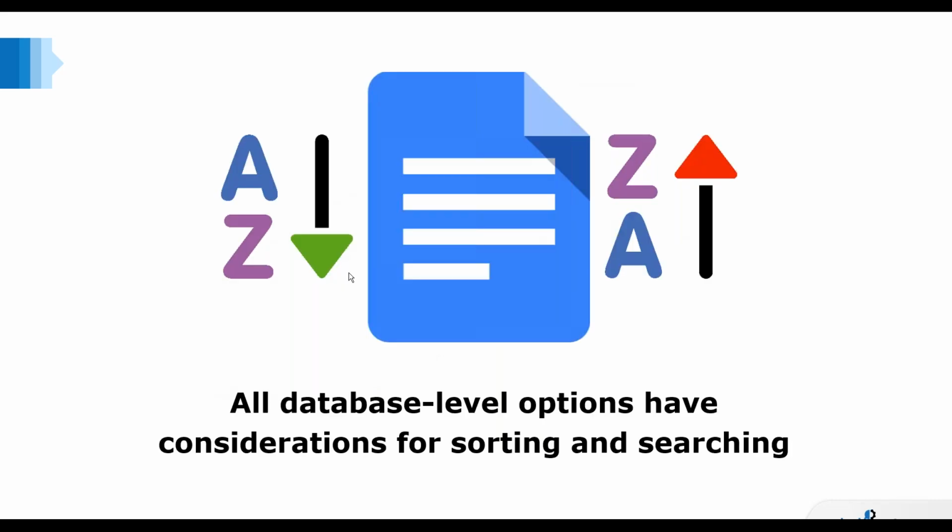And of course, with any of the database level options, you also have to consider what happens with the sorting and searching. Because that data is now stored in its encrypted state, the readable data is not going to be readily sorted on. And when you're doing a sort, you may have to use an SQL statement with an order by, but you really want to use caution when doing so, because the number of records that you run over that may actually impact how long it takes.